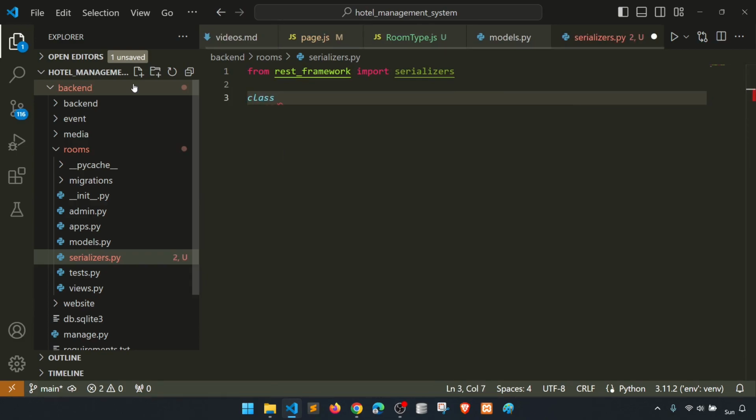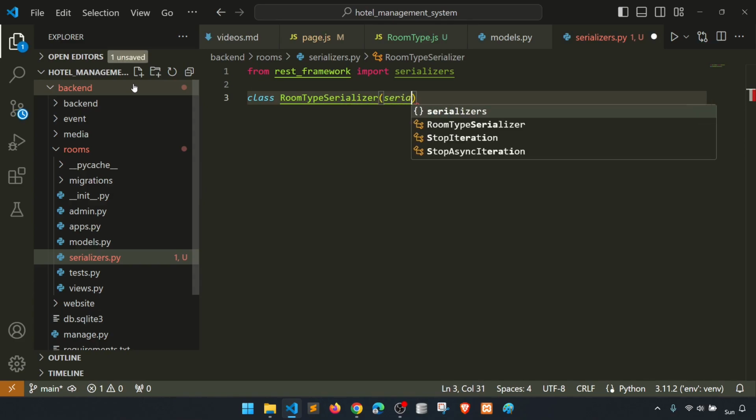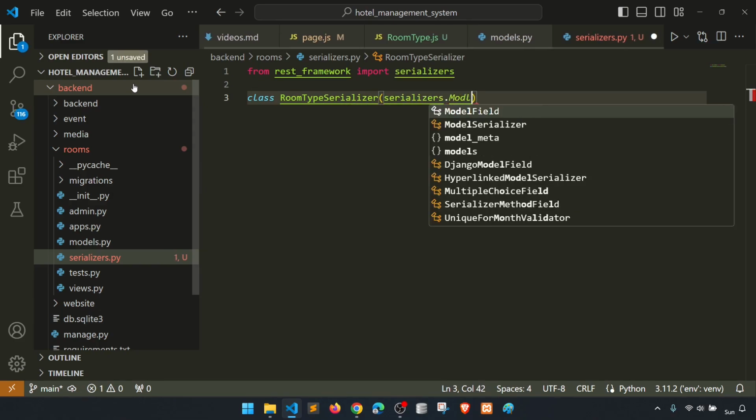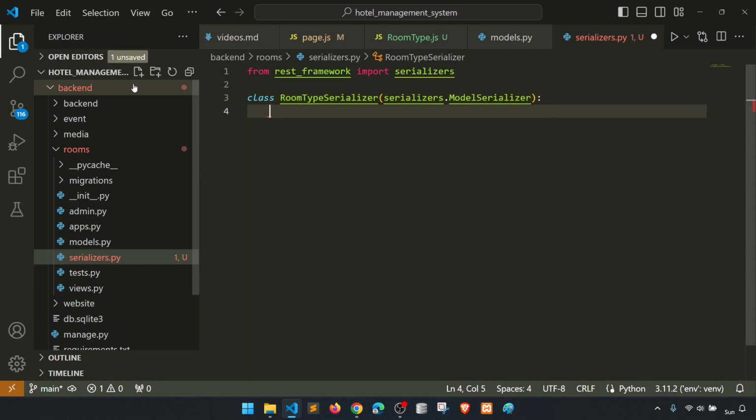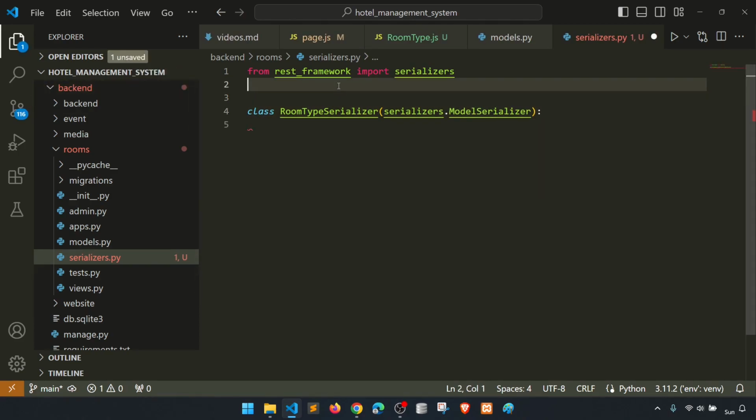And then class will say room type serializers dot model serializer, and before that we also need to import the models. So from dot import models, right? And here we'll define